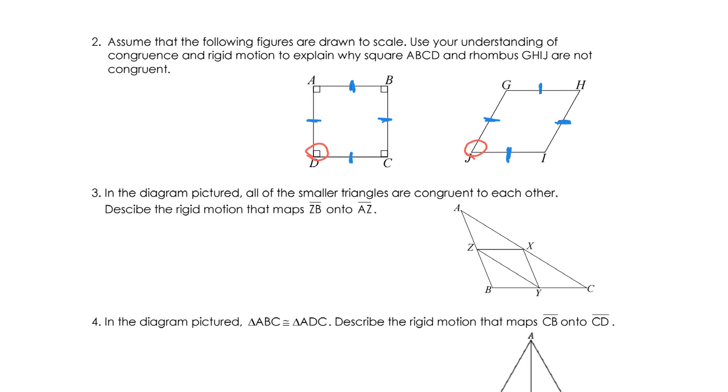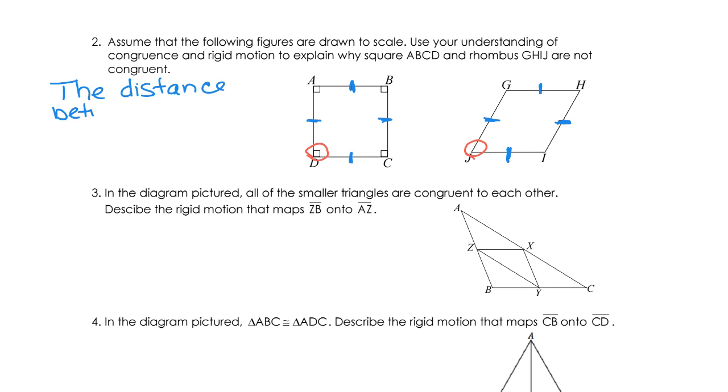The box. And so we're going to say that the angle measure, guys, did not stay the same. So the angle measure was not preserved. And therefore, guys, there is no rigid motion that maps our one square onto our rhombus. And if there's no rigid motion, we have to say that the figures are not congruent. All right, so we're going to go ahead and say what we just talked about, but write it down this time. So we're going to say that the distance